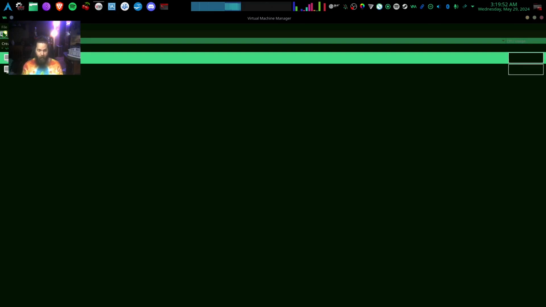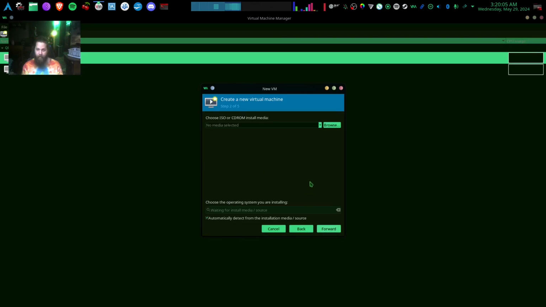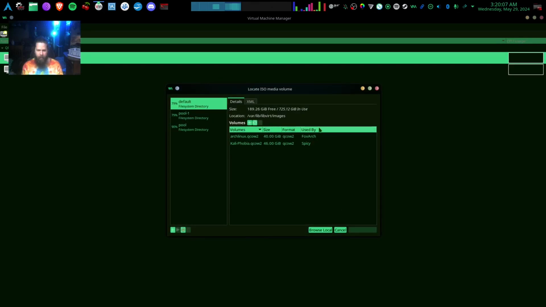Anyway, moving on from that, assuming you already have Virtual Manager installed, here we are at the home screen. I'm going to go ahead and create a new virtual machine. And that's going to pop up this window right here. And you're going to go ahead and just leave it right on local install. And it'll let us select the ISO image that we downloaded. So from here,